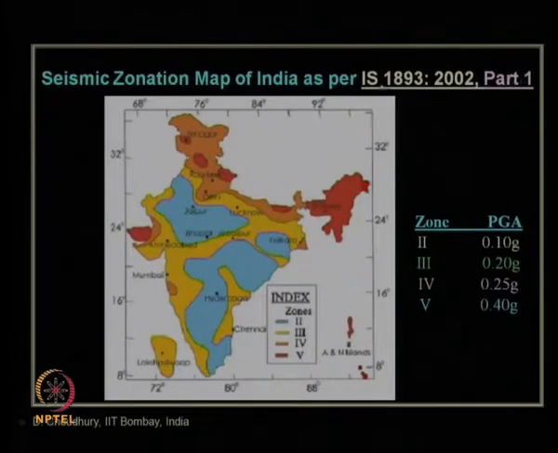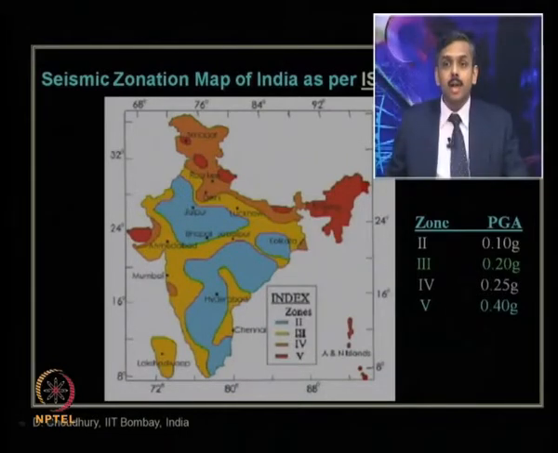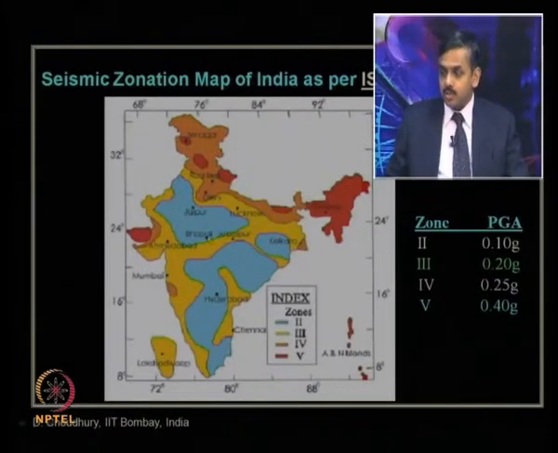Part 1 of IS 1893, the latest version being 2002, divides the entire of India into 4 major zones. These zones are nomenclatured as zone 2, zone 3, zone 4 and zone 5. Zone 2 is this blue color, zone 3 yellow color, zone 4 orange color, this one, and zone 5 is red color region. So, you can see the different seismic zones as per our Indian seismic design